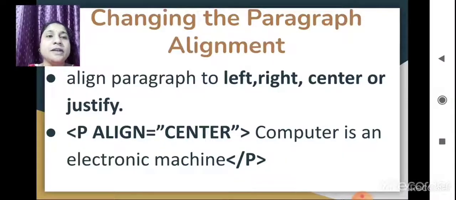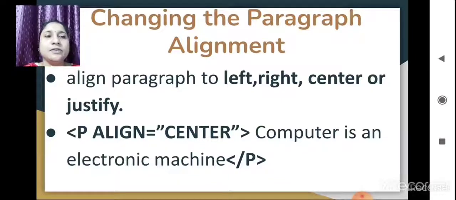Now changing the paragraph alignment. The same way we have done with the heading, we are going to do with the paragraph. If you want to show your paragraph on the left side, right side or center, for that you have to write in a P tag. In the P tag you have to give align equal to center. You can give center, left or right, so that when you save it and open your web page, your paragraph will occur in the center, left or right, as per the alignment you choose. Got it, how to change the alignment in headings and how to change the paragraph alignment.